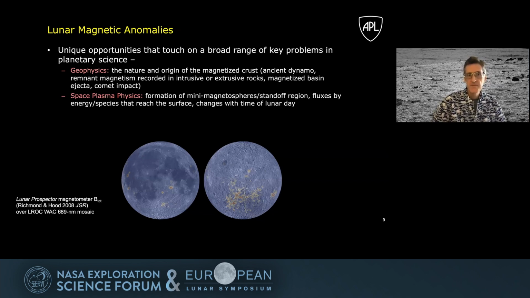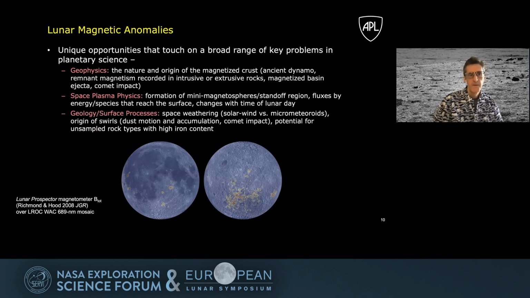There's the space plasma physics angle, the formation of the mini magnetospheres, the flux of these species that make it down to the surface, and how do these all change with time of day? And of course, the geology and surface processes. I mentioned the space weathering, the solar wind versus the micrometeoroids,